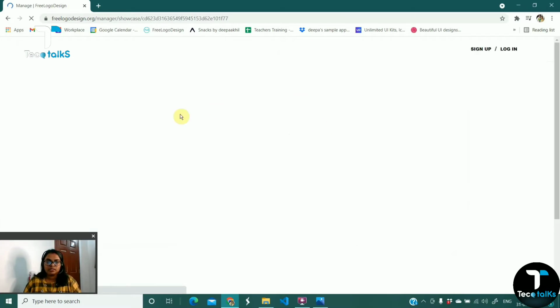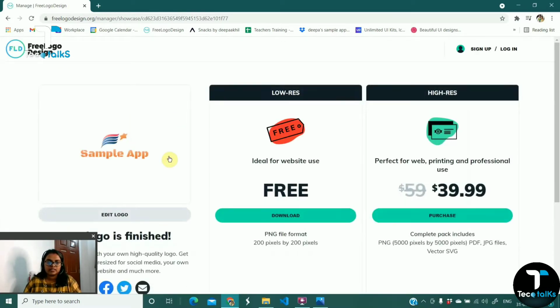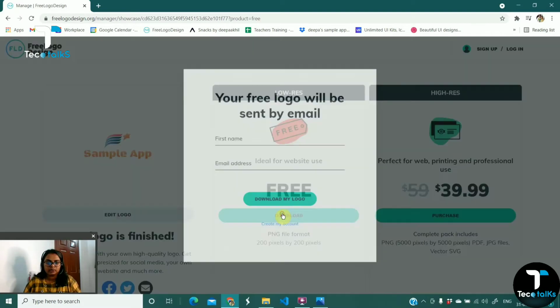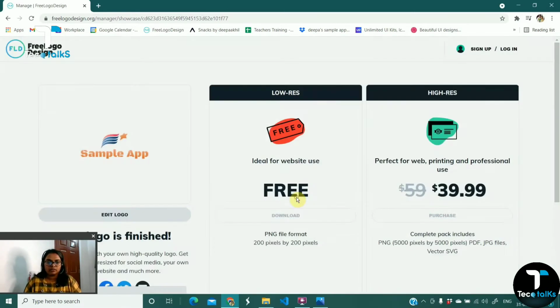and it will be showing the logo has been saved, and it will be showing another page like this. If you would like to edit the logo again, you have to click on edit logo, or else you have to click on this free download. So once we open it, it will be asking for our name as well as our mail ID, and we will click on download my logo.